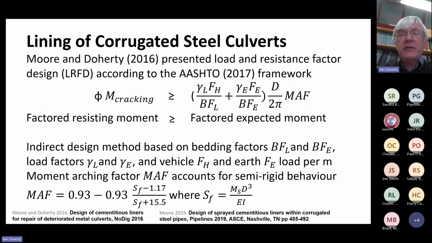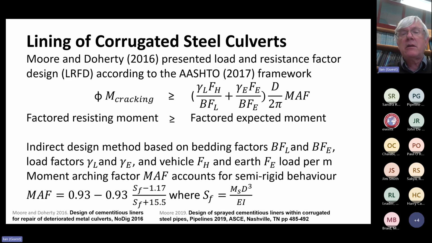So we've developed, or I've developed, a couple of design methods. First of all, with a consultant in Ontario, Ian Doherty. Ian and I developed a design method for corrugated steel structures that's based on the load and resistance factor design framework from the American Association of State Highway and Transportation Officials. So this is a framework which takes account of earth loads and vehicle loads, or live loads, and allows us to ensure that the factored